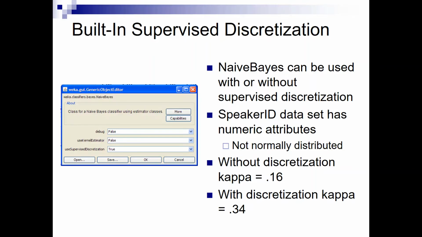Now, supervised discretization is built into some of our classifiers already. So naive Bayes, for example, and here it makes a lot of sense. If we have numeric parameters for naive Bayes, we know that one assumption naive Bayes makes is that the values for every numeric attribute within a subset for the same class value are normally distributed.